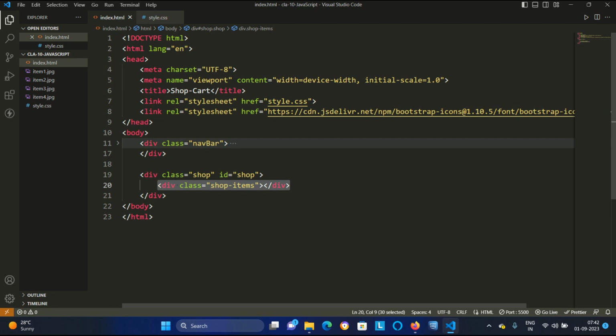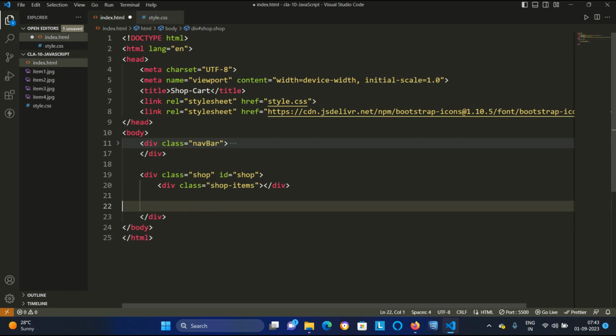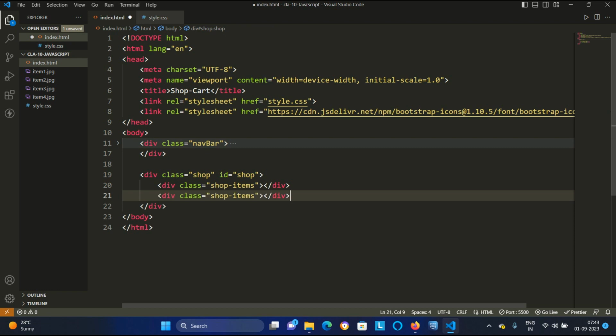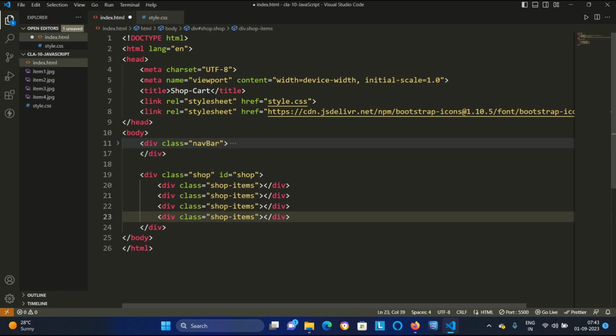So Control C, copy it, and Control V: 2 divs, 3 divs, and 4 divs. Since we have 4 images, we will have 4 divs like this.